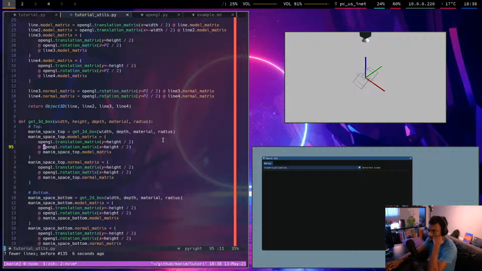Pass in these. This we stopped at model matrix. It's in the translation or the rotation. Oh, why is the rotation by height over